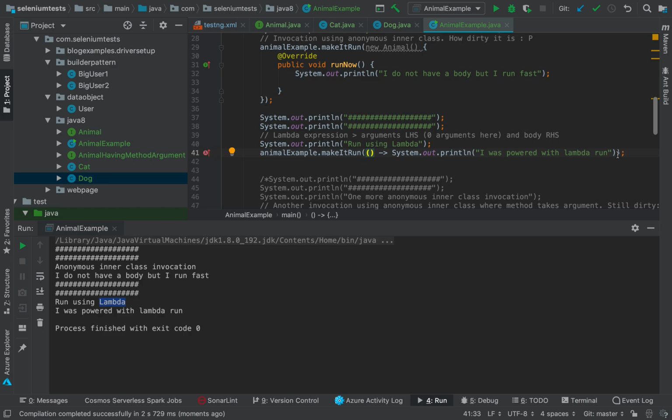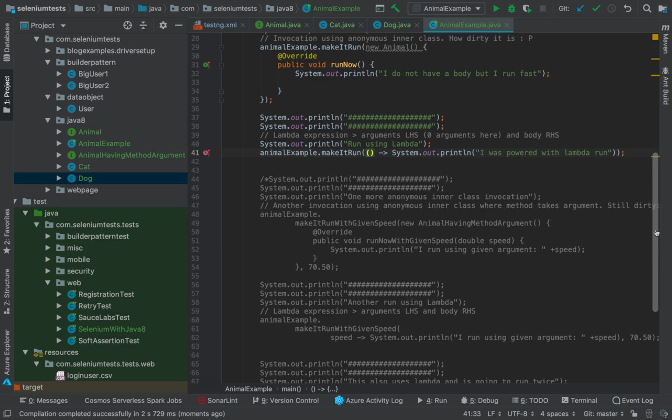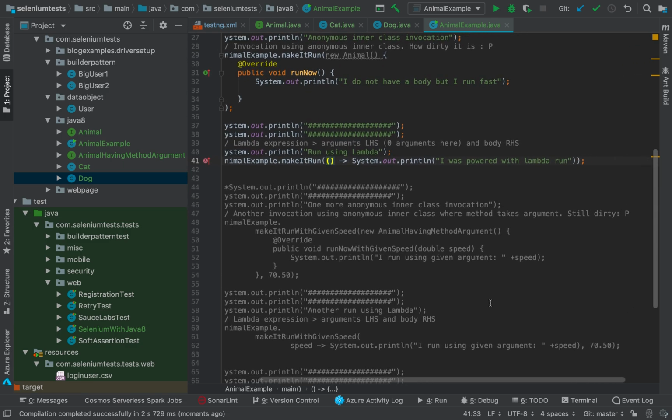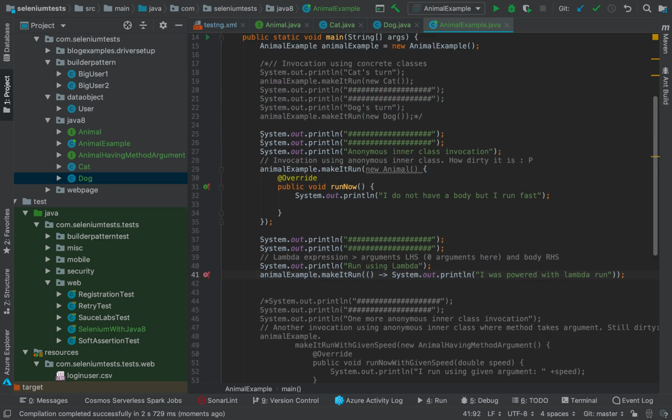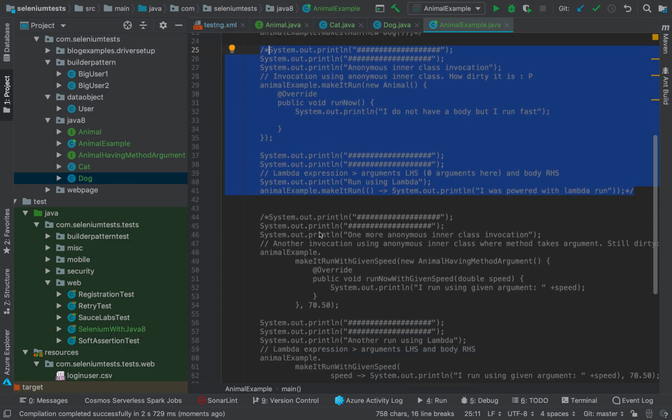I'm repeating the same line again and again to make it easier to understand, to have it ingrained in our minds that Lambda is nothing but the implementation of the interface. Now let's try to complicate it a bit. So far, our runNow method in the Animal interface does not take any argument. But what if it takes an argument? What happens there? So let me comment out this part, and let's see the next set of